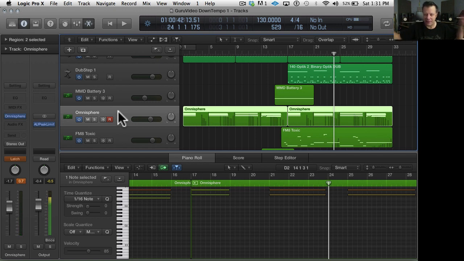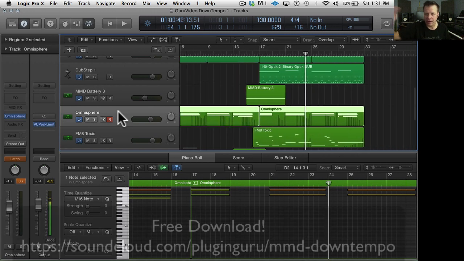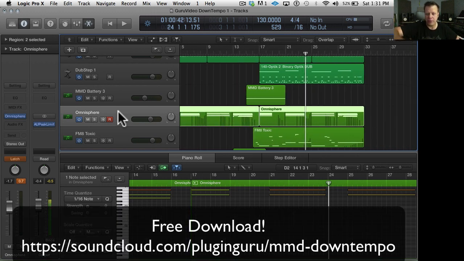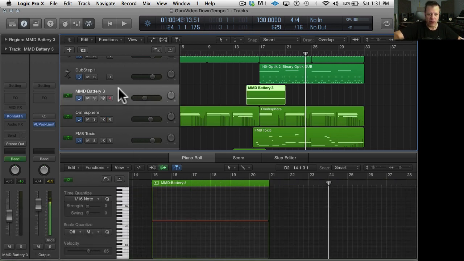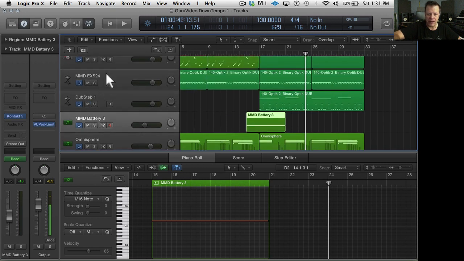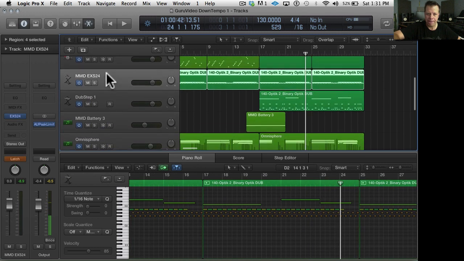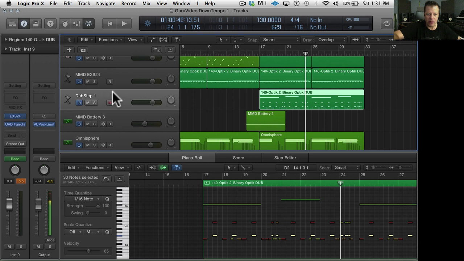I hope this gives you some ideas on ways to play. We could keep going and going and going and maybe turn this into a full song. Maybe I'll do that and put it up on my SoundCloud page. But that gives you an idea. We're using Mega Macho drums. We're using it from two Contact versions and an ESX24 version, along with